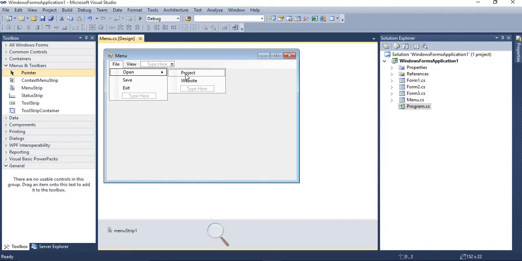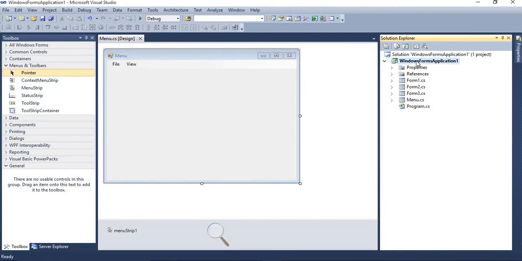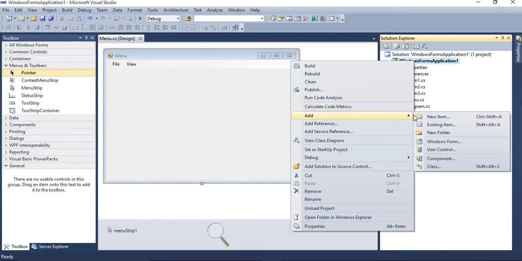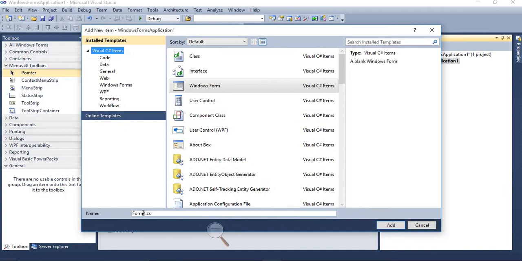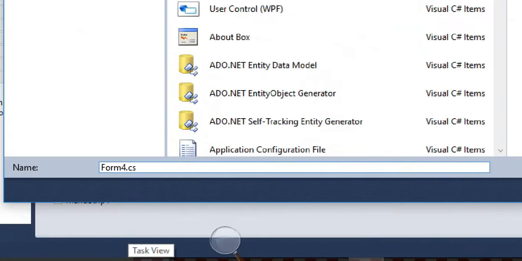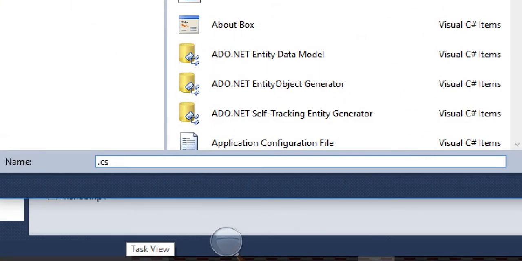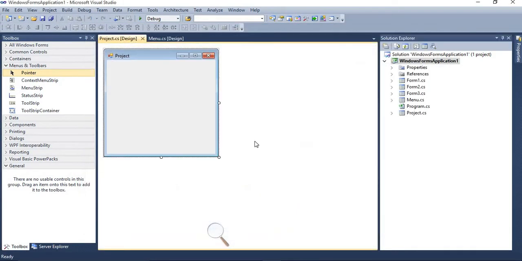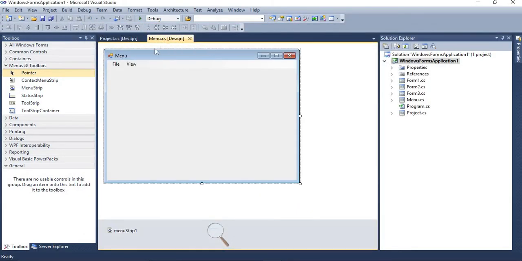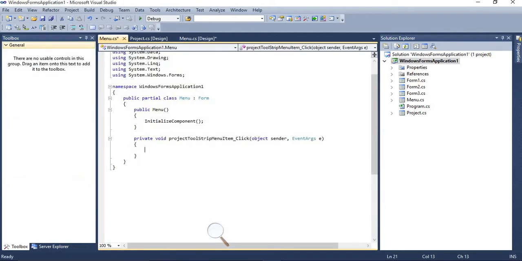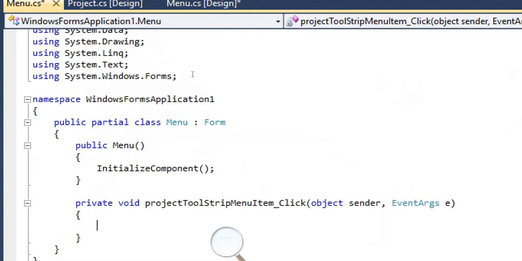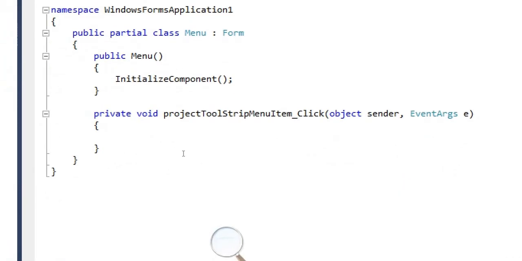For example, if you want to add another form on the click event, we are going to add here a new item, and give the name Project. Double click on the particular menu item Open, Project, and write the code to open the form.